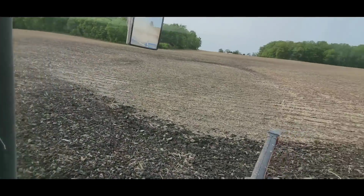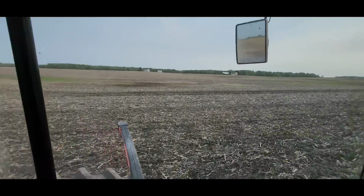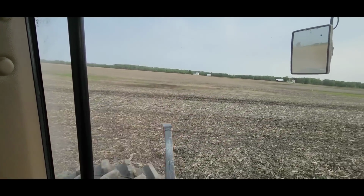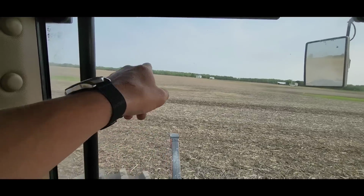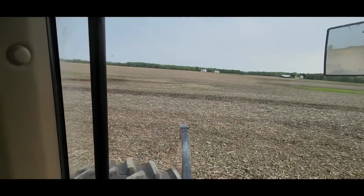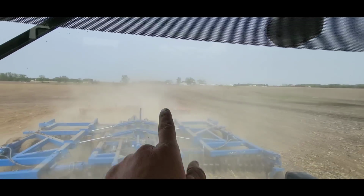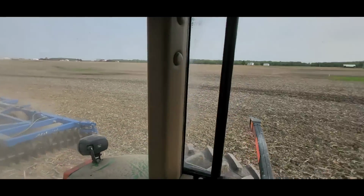We're starting to find some wet spots. We went around that one, and there's spots like that one that we haven't farmed through in at least the last 2 years. Or I shouldn't say that. We planted beans through it the last time we had beans there. We couldn't harvest them because it was so wet when we harvested this field, and then it was too wet to plant corn through last year. There's one of those spots back on the end of this pass, back where we just came from, that